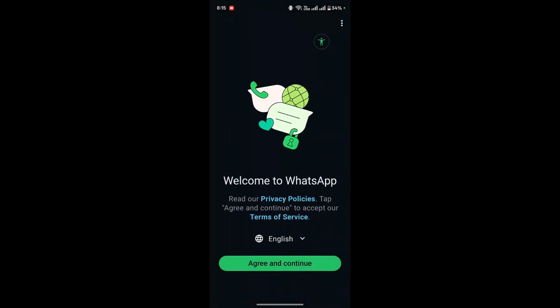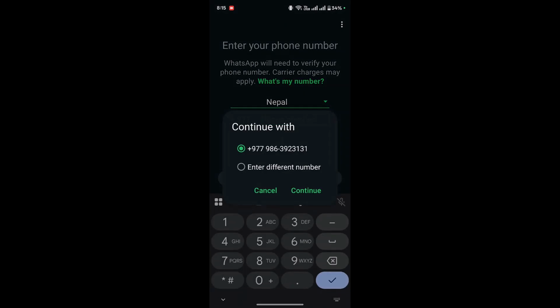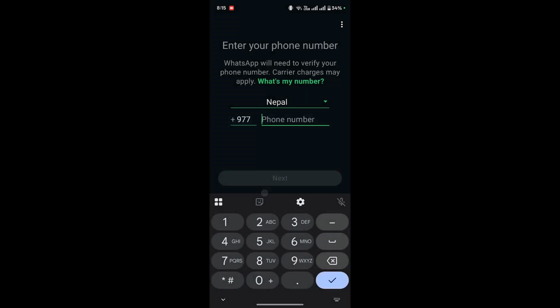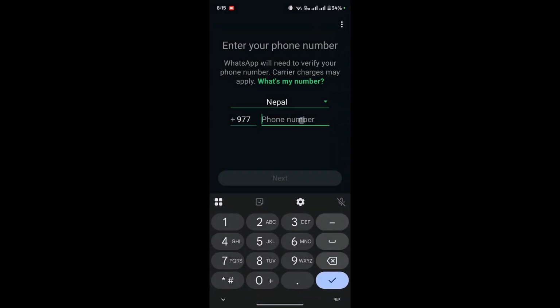Now tap on agree and continue. After you do that, you can either allow WhatsApp to send notifications or don't allow. Now after you do that, over here you can select your country, then just below it you can select your phone number,